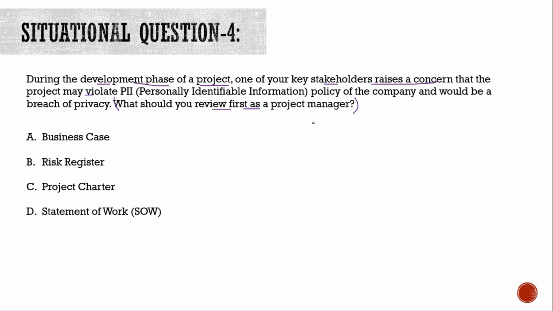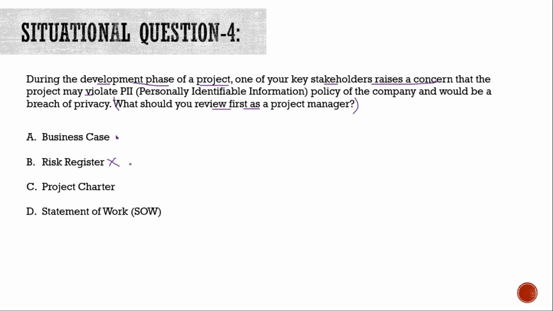So we will move on to step 5, which is we will start going through the options and trying to eliminate them with the positive bias mindset. So option number A, business case. Okay. Maybe this is a correct option. We will hold this. We will come back to it later. Risk register. Okay. This is a wrong option, guys. Why? Because at this point of time, your risk register is mostly not prepared. Since you are still in the planning phase, your charter is not yet signed off totally, or your stakeholders are not yet fully aligned with the charter.